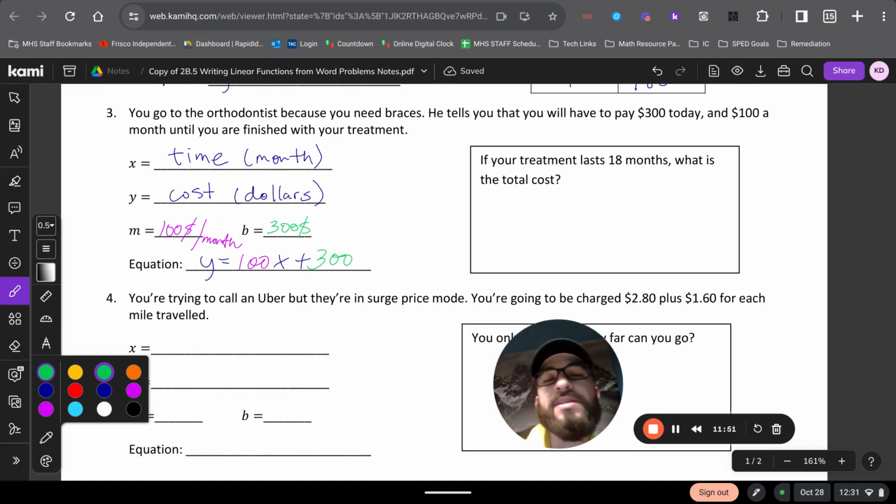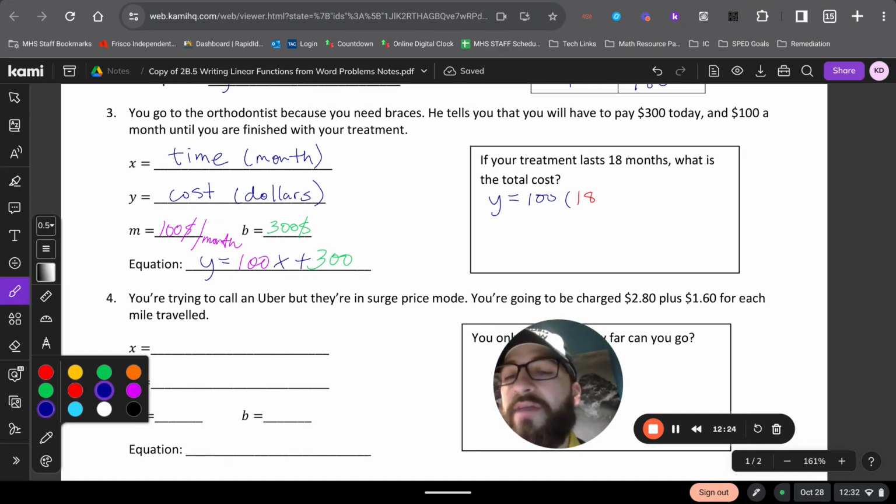Okay, now let's talk about what's in that box. If your treatment lasts 18 months, what is the total cost? Okay, so now I'm asking you to use a value to actually plug into our equation and calculate for something. So that 18 months, that's representing our x value, which means I'm going to plug that 18 in for x in my equation. So right here, this is going to become y is equal to 100 and 18 because it's going in for x